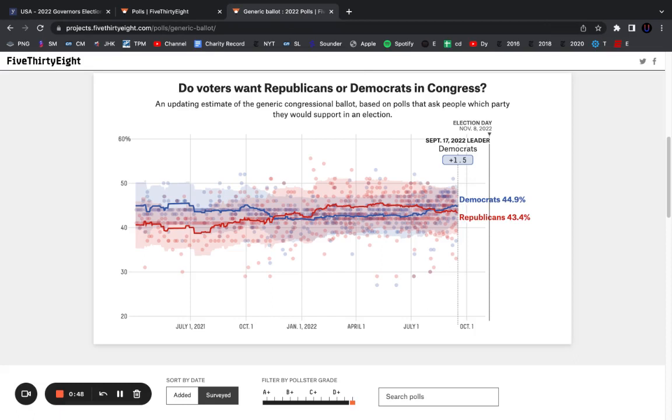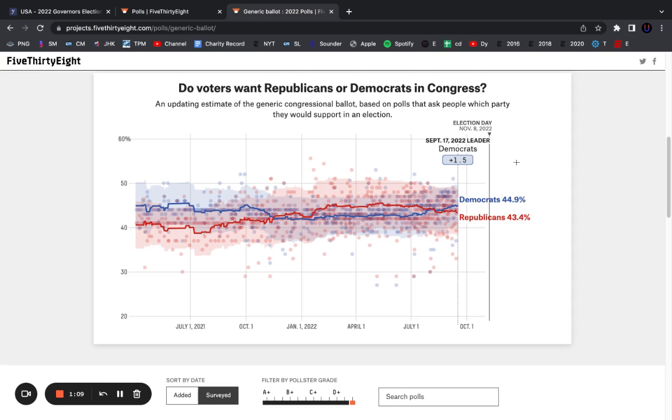Now, in a presidential election, there are basically two nationwide metrics you can use. You can use the popular vote of the presidency. So in 2020, Biden won by 4.4%, so that would have been a D plus 4.4 environment. And then the House vote, I think, was D plus 3.3, because the Democrats won the House vote by about 3.3%. So since we don't have a presidential election, we're just going to be looking at the generic ballot here.